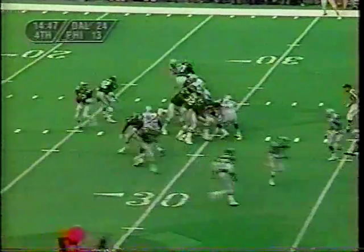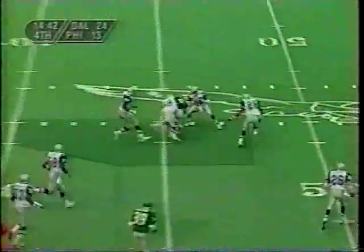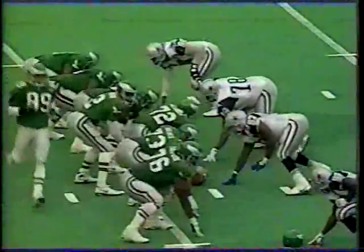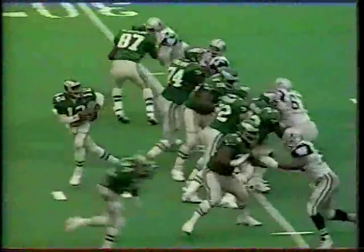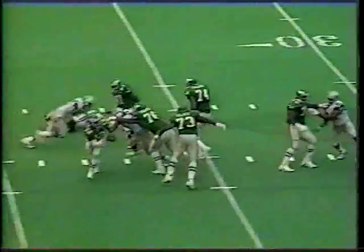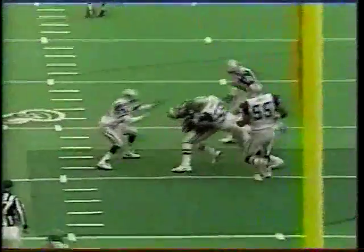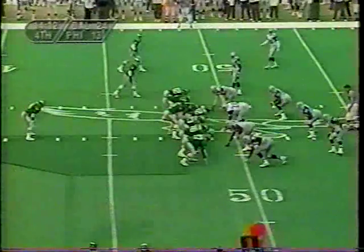Calvin Williams in motion. Cunningham throws, caught up the middle by Barnett. What a bullet thrown by Cunningham. And a gain of 18 yards. Dixon Edwards defending. Yeah, and a nice job by Cunningham of buying the extra time. I mean, this is what he does well. The offensive line will set, and then there'll be a breakdown. He'll get some pressure right here. Yeah, and then he just avoids the rush with 2 steps and finds Fred Barnett. And that's buying time with your feet in the pocket. First down on the Eagle